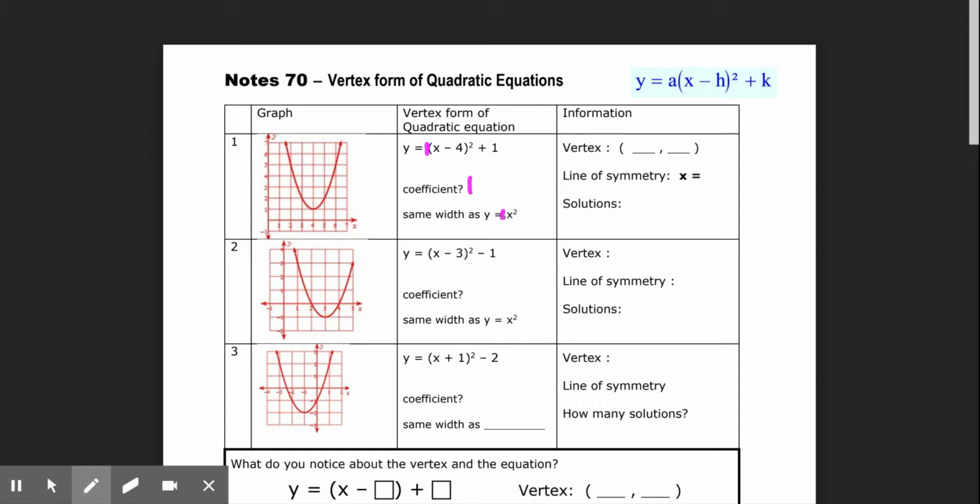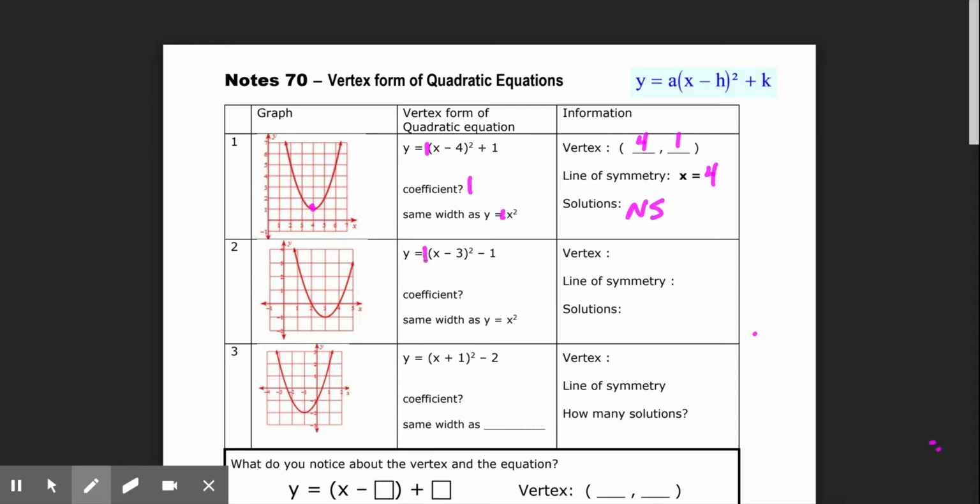Now, the vertex is right here, so that's right 4, up 1. The line of symmetry would be basically what the x value is of the vertex, which is 4. And the solutions would be none because there are no intersections on the x-axis. So this would be no solution. Number 2,